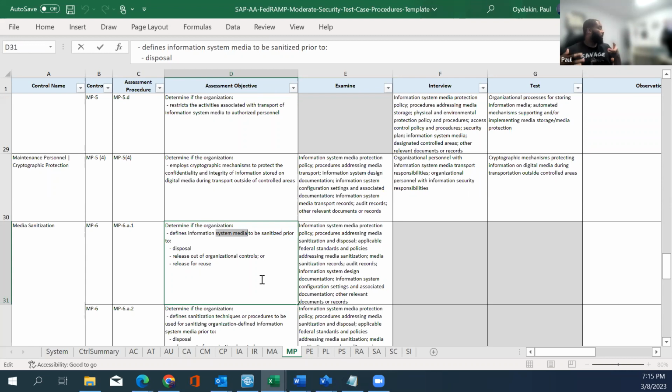They're portable, mobile information systems that can easily get lost on the metro. If you get off work and leave it sitting on a train, it gets lost. We don't really care about the media, but we care about the data that's inside of it, right? So this whole control family is called media protection, MP, because it talks about protecting